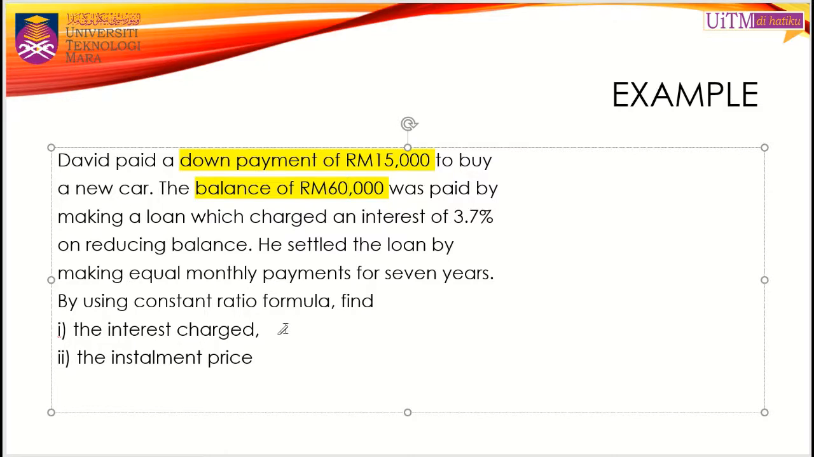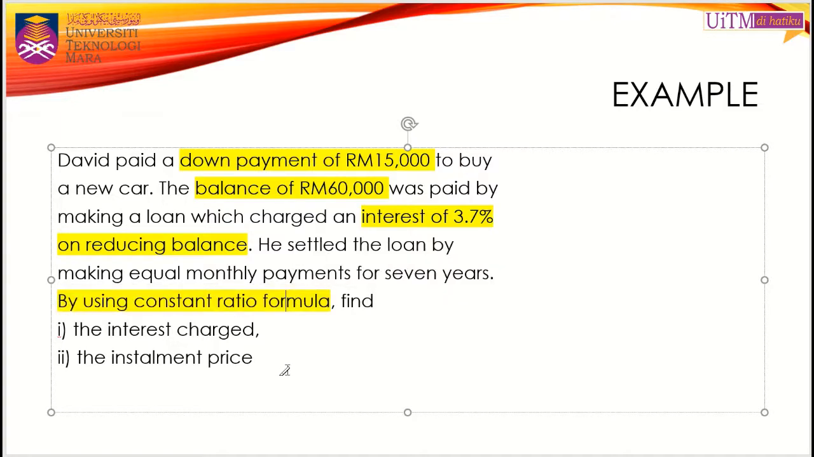Okay, and then this balance is charged an interest rate of 3.7%, and this 3.7% interest rate is based on reducing balance. So when you deal with reducing balance, you know that in order to calculate the interest, you need to use the constant ratio formula. Even if it doesn't mention it in the question, you know already that you have to use the constant ratio formula. But in this case, it's stated here, by using